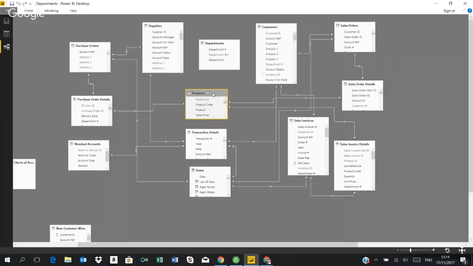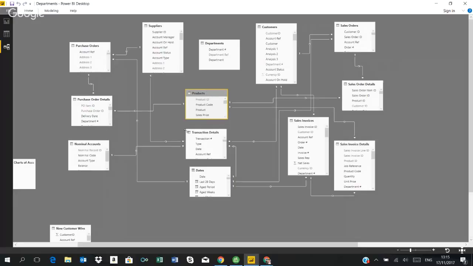And it is for this reason and this ambiguity that we cannot think of departments as some kind of relational model. So what does this mean in terms of trying to visualize our data and analyze it within Microsoft Power BI? What it actually means is that in every table that contains departmental information, we really need to treat that departmental information as just an attribute of that table, and as though it has no relationship whatsoever to any other information within the model. Now that might sound odd, but it makes perfect sense, because if you're using Sage 50,